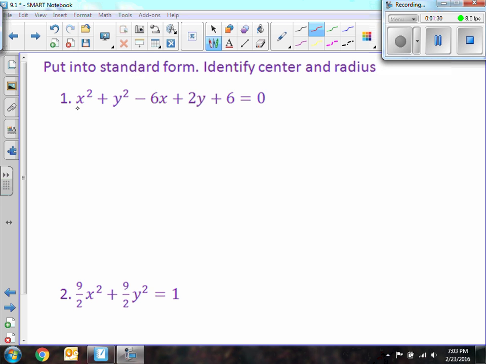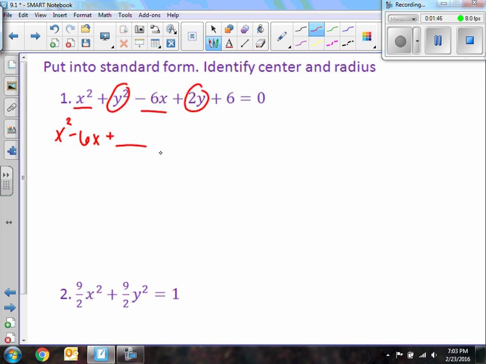What I want everyone to do is to group all your x's together. So what we have here, we have an x squared and a negative 6x. And then I want you to leave a blank. Then you have your y's. So we have a y squared plus 2y. Leave another blank for that. Take all your constants over to the other side. So this equals